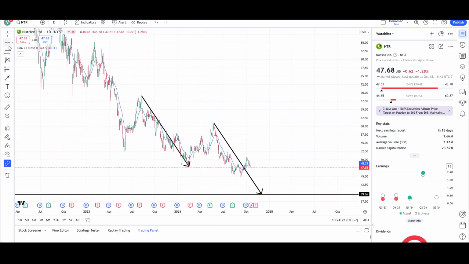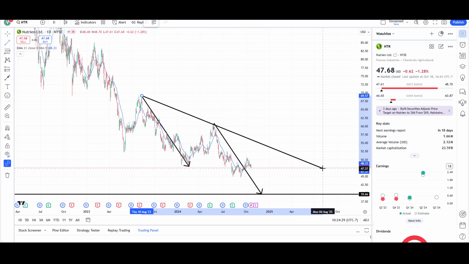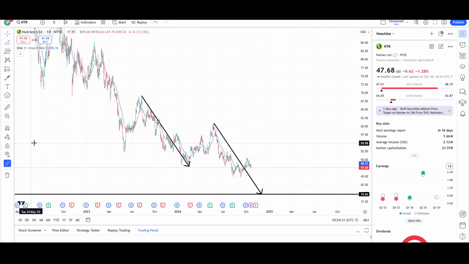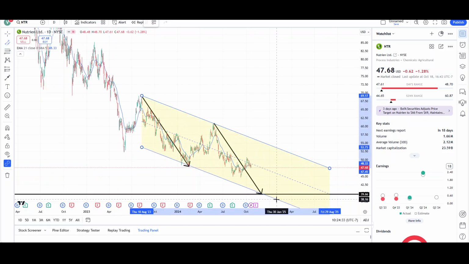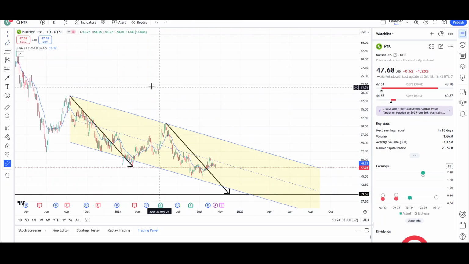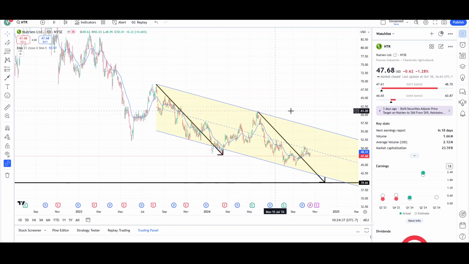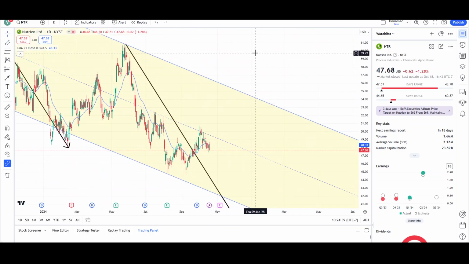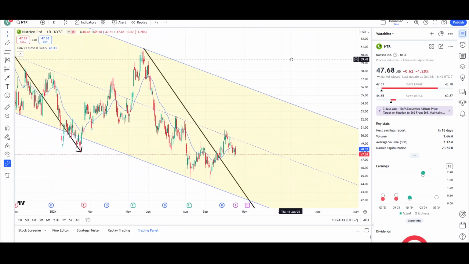As of right now, bears definitely have the dominance on the chart. You can see that price is below the trend lines. We can probably even draw a channel off of the swing highs right here, something like that. So overall, still trending down. In the meantime, in the very short term, we could see